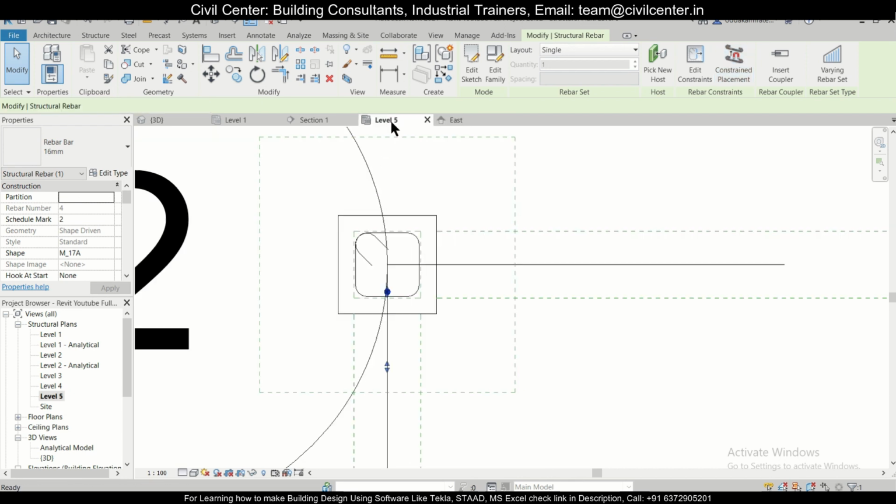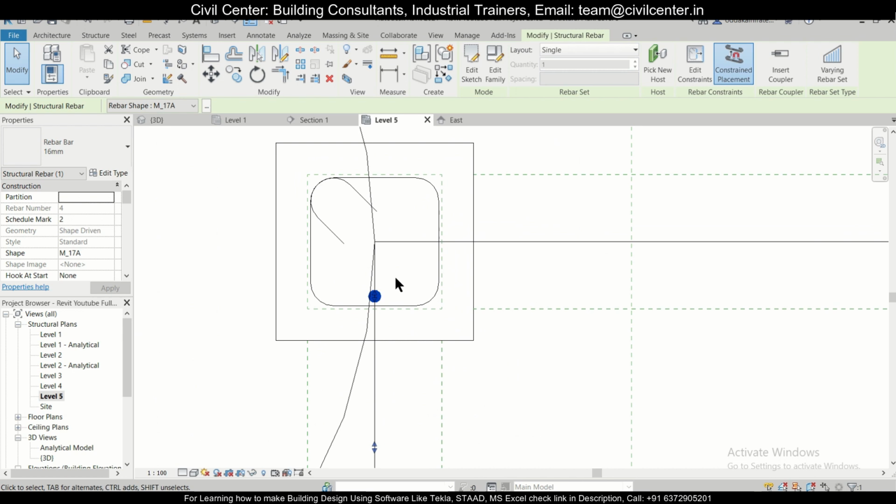So we'll go to the top level, or level 5, and as you can see, this is where the nodes have been inserted, and you can just change the position of it to the extreme end where you can go, that is inside the stirrups, till you have to install inside the stirrups.